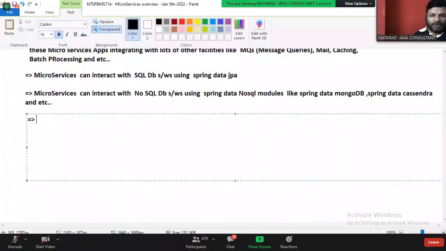From a remote place only, we can switch on the AC, switch off the AC, open the door, close the door. You can pass an OTP kind of password to visitors. Only one time they can use that password to enter your home.